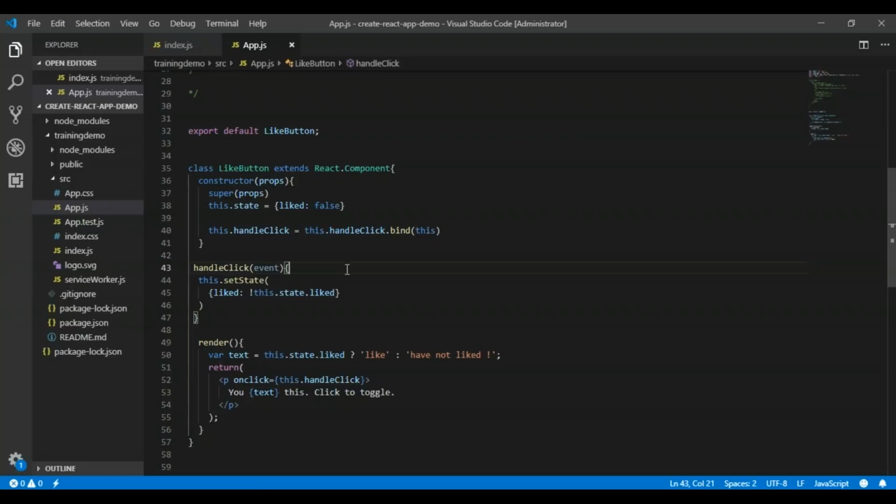Let me tell you that state is similar to props, but the only thing is that it is mutable and fully controlled by the component. Right now we are storing all the data in an array in a variable, for example. But that is a good way to start with React.js. But later on, if you want some more operations or more frequent flow of data in React.js, you can think of a state. So you can think of a state as any data that should be saved and modified without necessarily being added to a database. So you can say state is a place from where the data comes.